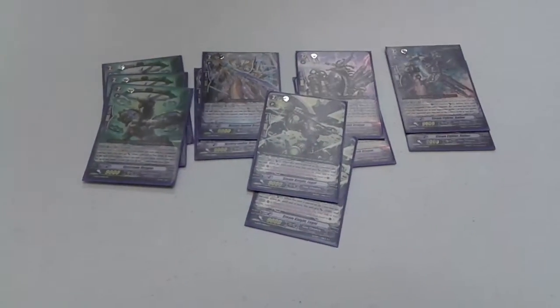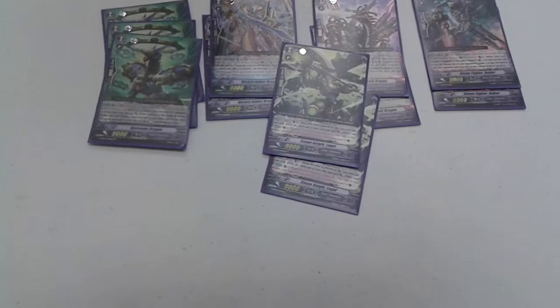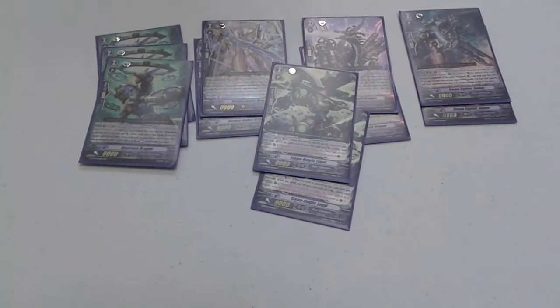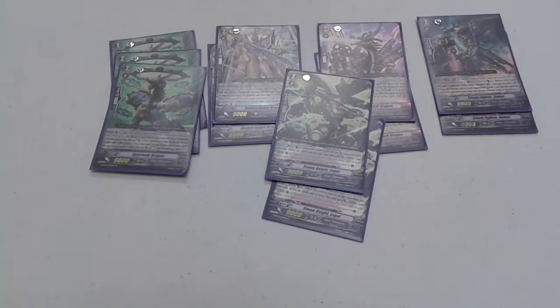And then last but not least, we have Steam Knight Lugo. GB1 skill, Counterblast 1, gains 2,000, and gains a Silent Tom effect. I really like this card. He is a good card to use, but...